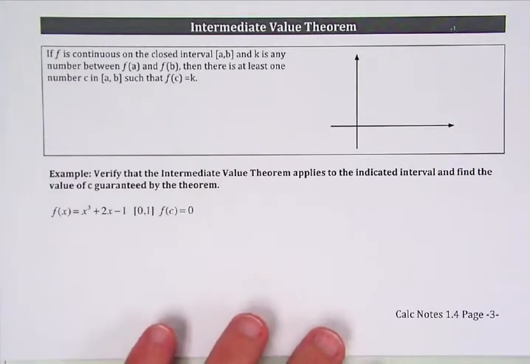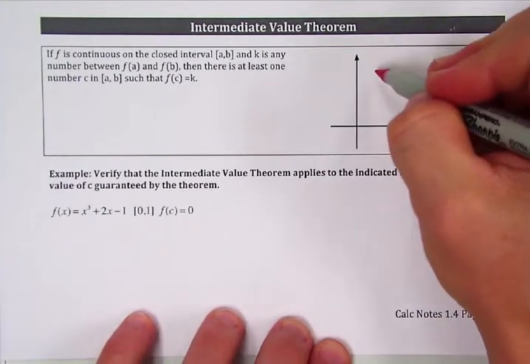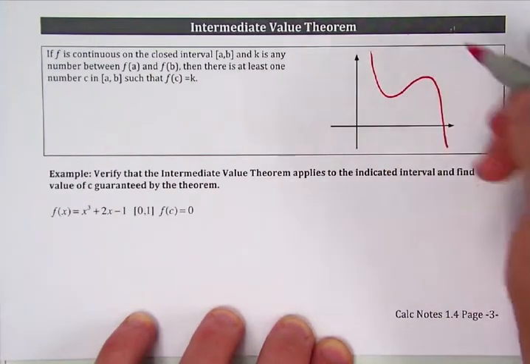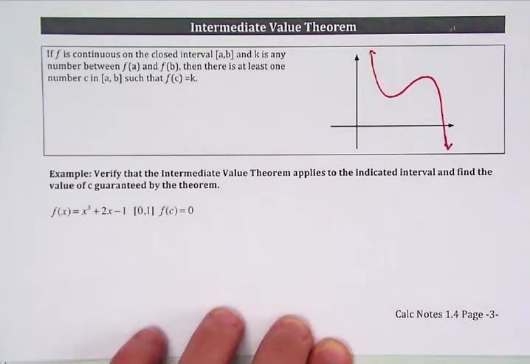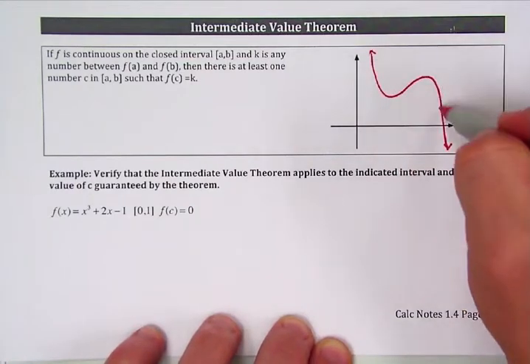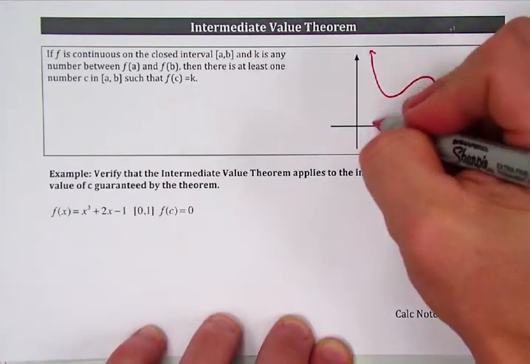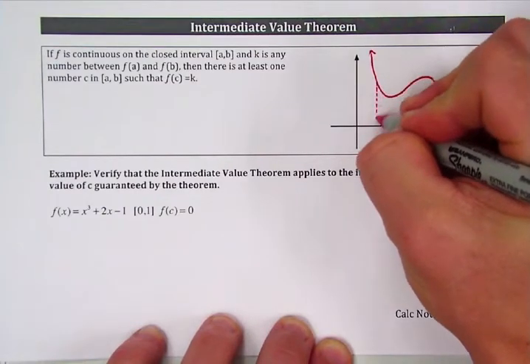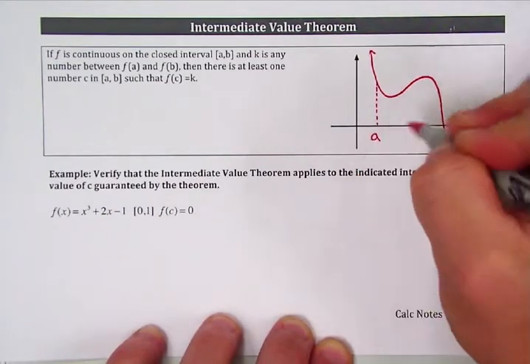Okay, so what does that mean? Let's draw a function here. And we're just going to say if this function is continuous on our closed interval a to b,